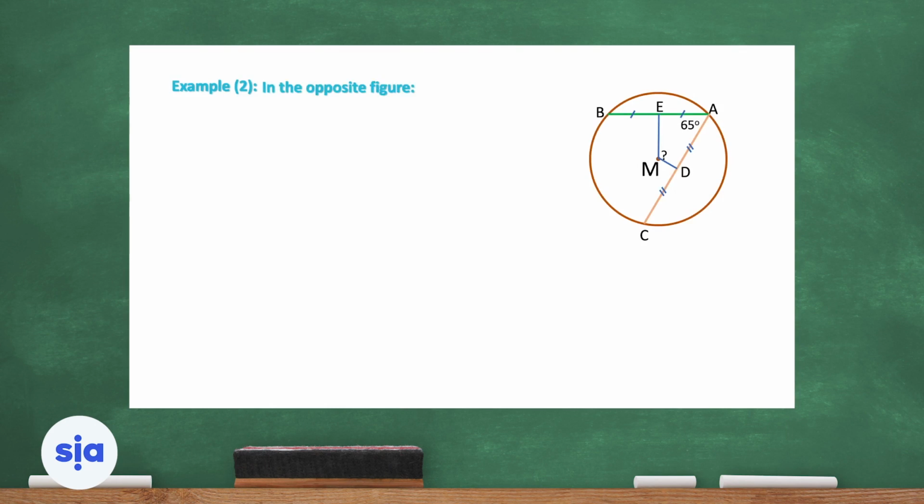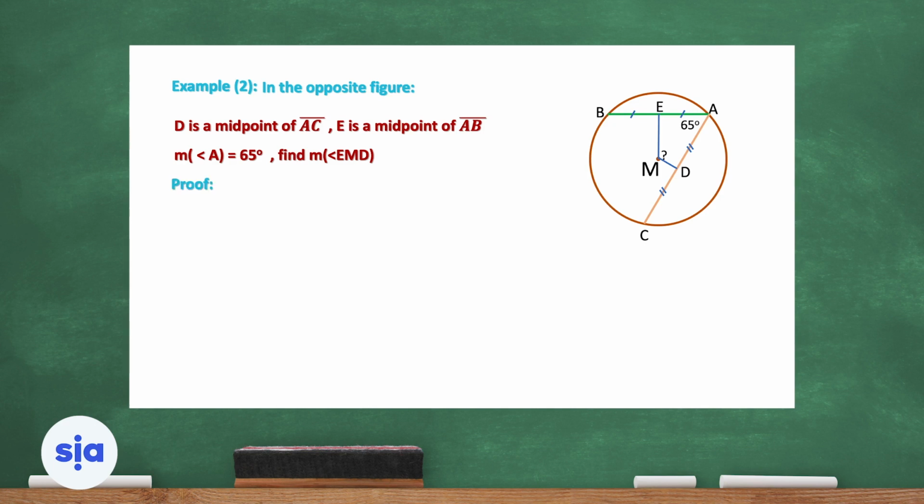Let's go and check an example. In this example, it says D is a midpoint of segment AC, where E is also a midpoint of segment AB, and the measure of angle A equals 65 degrees. Find the measure of angle EMD. As you can see here, MD passes through the center and D is a midpoint of AC. Then MD is perpendicular to AC. For the same thing,